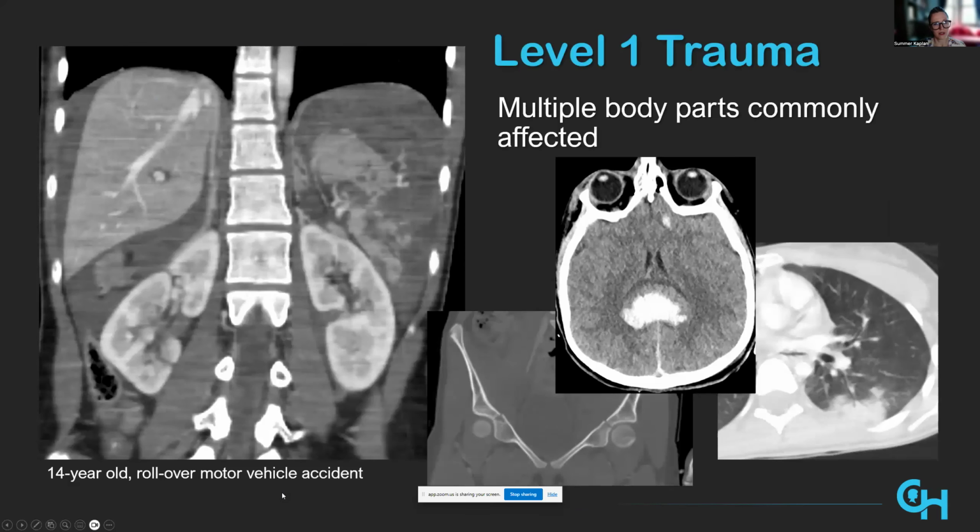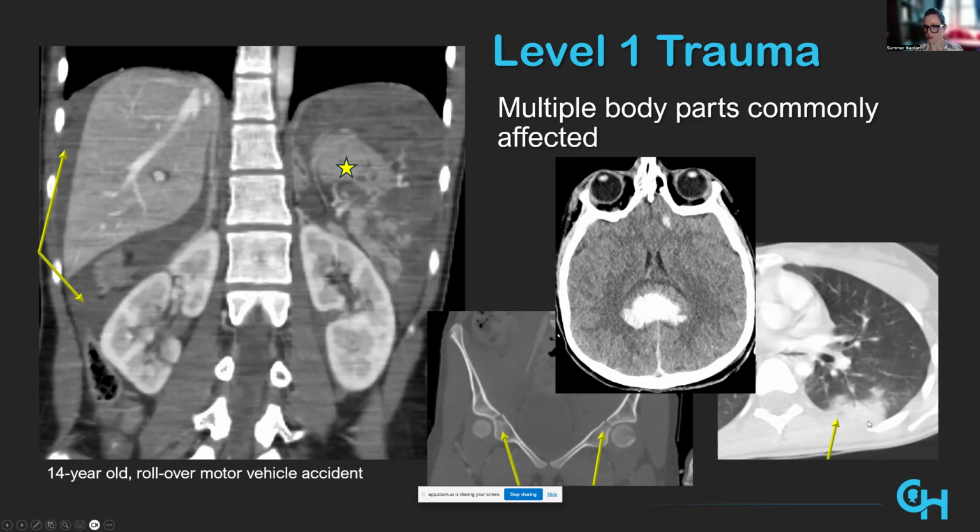As an example of a level 1 trauma, often you'll have multiple body parts involved. So level 1 traumas are almost always going to get some kind of CT imaging. This is a 14-year-old who was involved in a rollover motor vehicle collision. And so you can see that on the abdominal CT, we have a shattered spleen with extensive lacerations, a large perisplenic hematoma, as well as blood in the right upper quadrant too around the liver. So severe intra-abdominal injury. This child also suffered bilateral acetabular fractures,